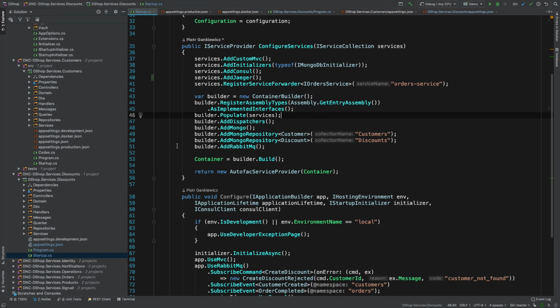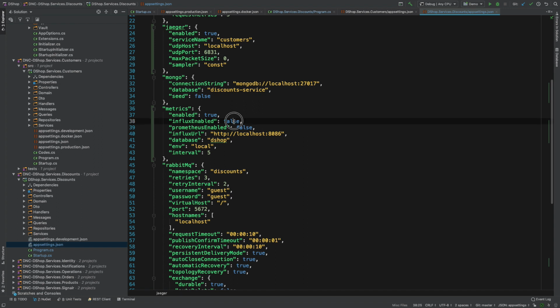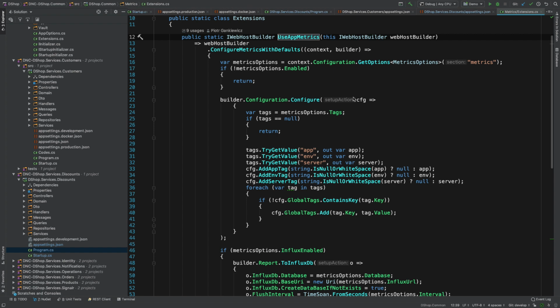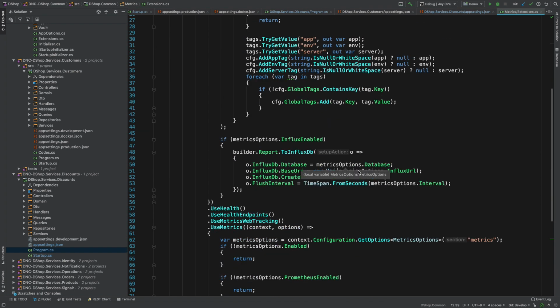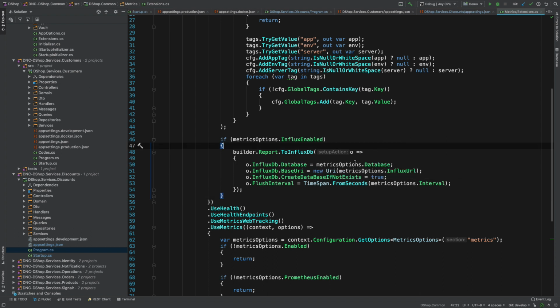Let's go back into our app settings and set this switch to true. We have this Influx enabled set to false. We need to enable this. You can also go to the extension method, and here you will see that you have this switch for Influx. As I said, this is pretty similar to what we've done in Jaeger. Basically, we set the reporter that we want. In Jaeger, you could report either to Elasticsearch or directly. Same as with Serilog, where you have the sinks or NLog targets or whatever. So basically, what we do here is we specify the connection URL